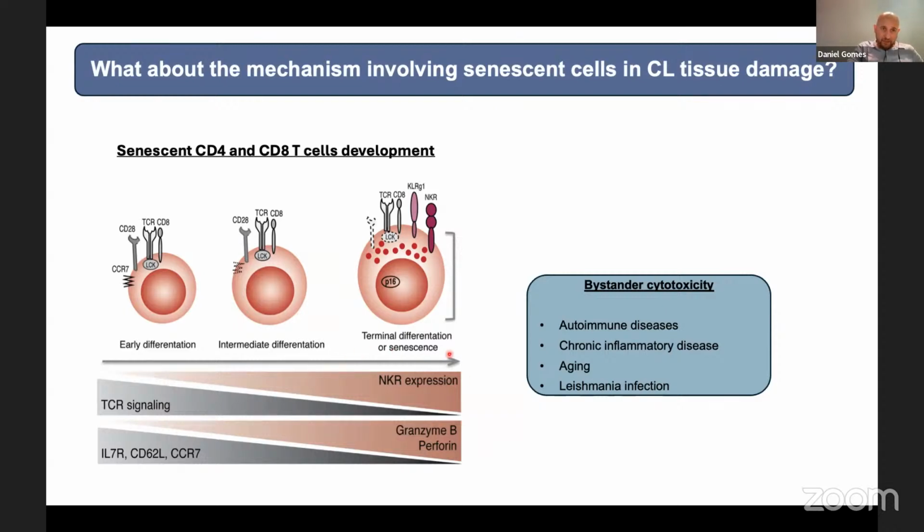In opposite, this population reduces TCR signaling, which is very bad, especially for the antigen-specific immune response. This is very well known, especially associated with autoimmune disease, chronic inflammatory disease, aging, and Leishmaniasis infection. This was demonstrated in mice, an accumulation of NK cells, CD8 T cells expressing NK receptors. This is called bystander cytotoxicity, when the cell does the cytotoxicity mediated by NK receptors and not by TCR receptors